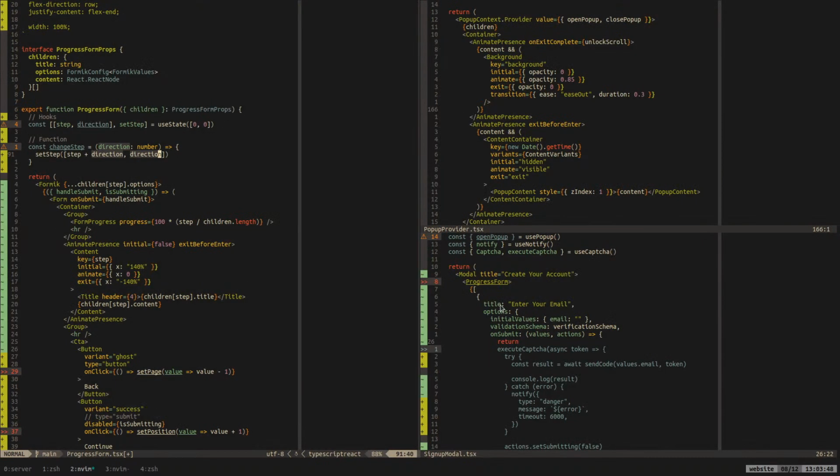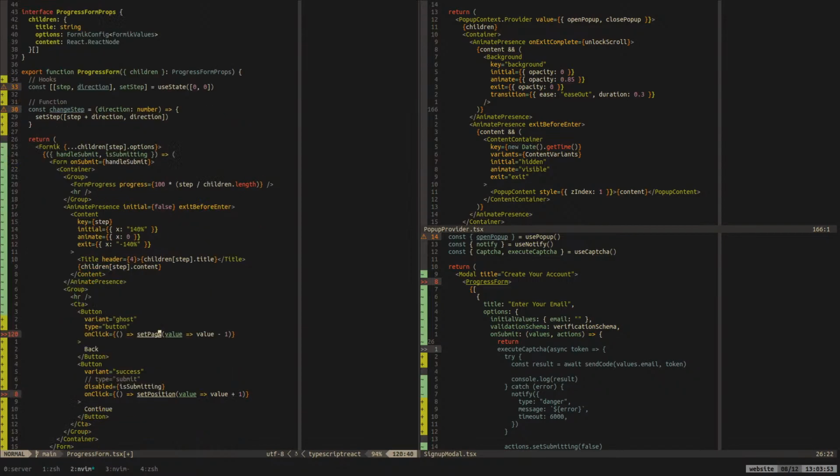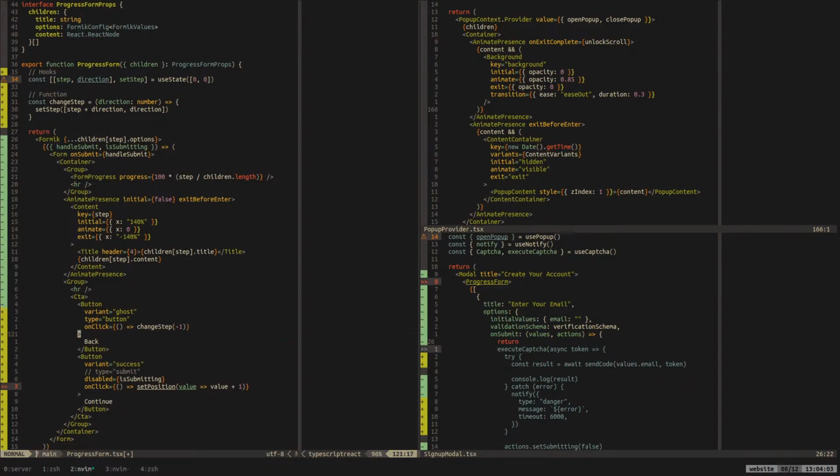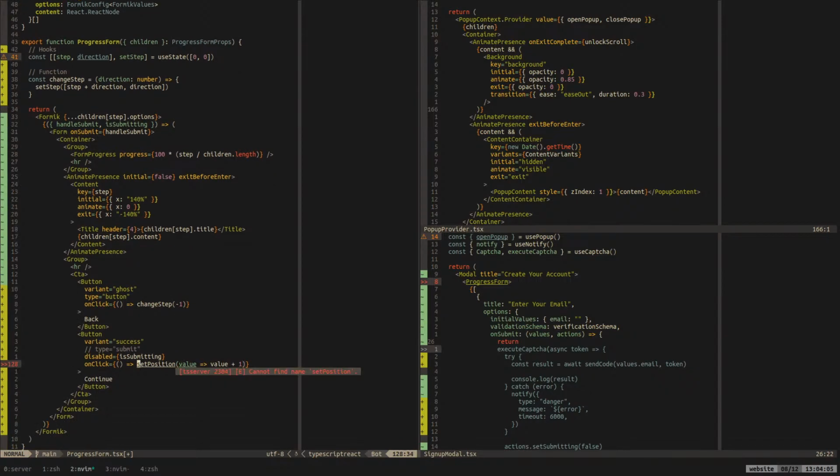That's a nice way of doing it. Then what we want to do is change step, and we want to change it back by 1. And on this one, we want to change step by 1 to the right.